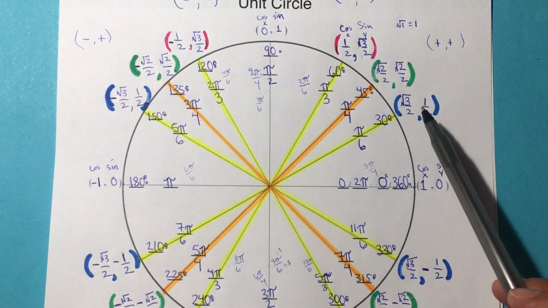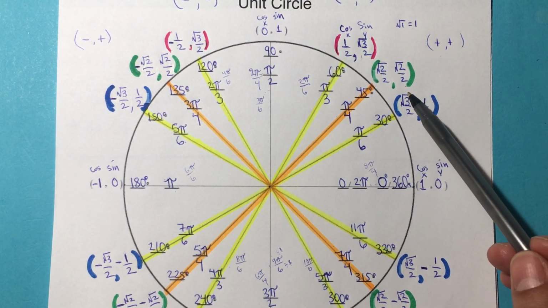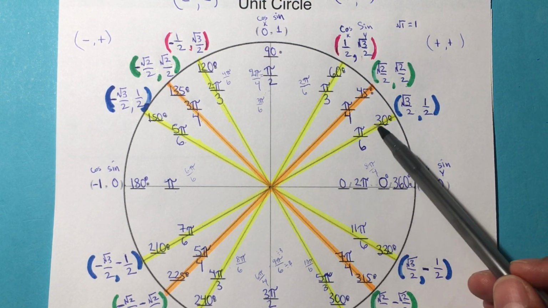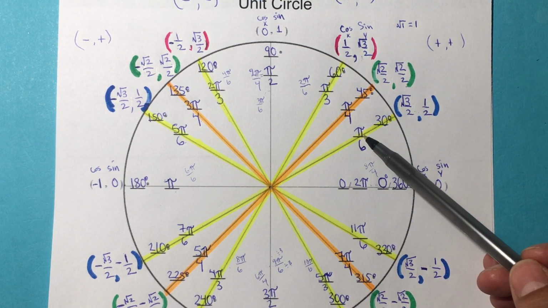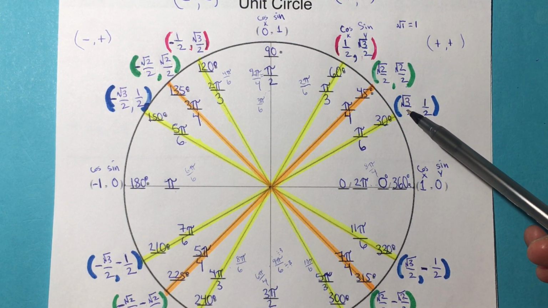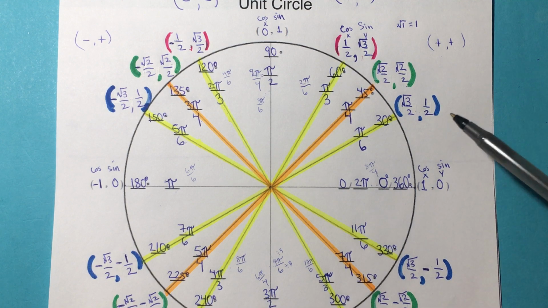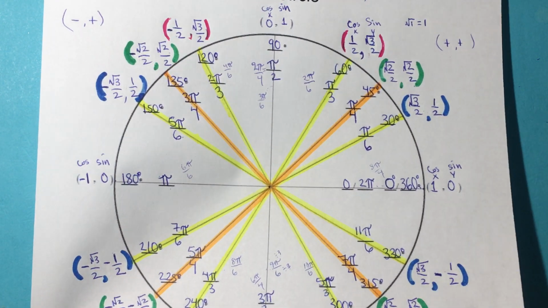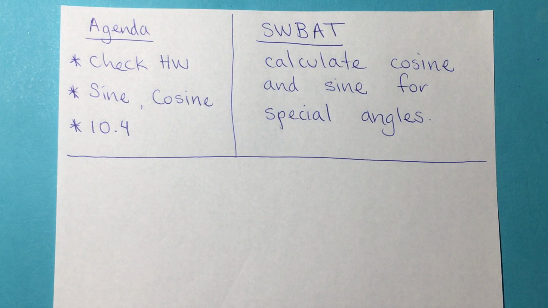Okay, we said that this is the cosine and the sine for that specific angle, an angle of 30 degrees or pi over 6 radians. This is its cosine and this is its sine. Okay, so we're going to use this so that we can familiarize ourselves, but we need to understand where do they come from, and